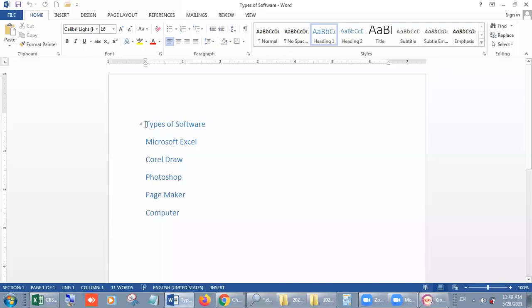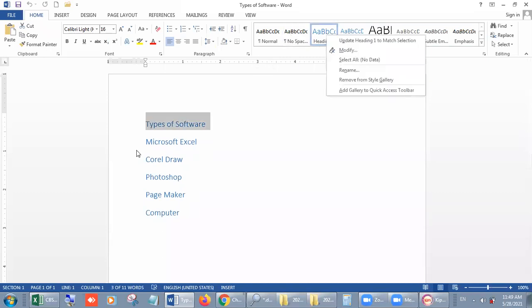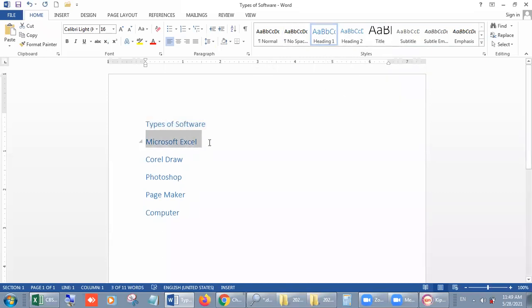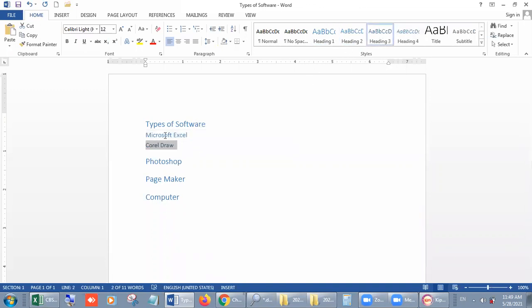Let's do it. Select first, and this is heading 1. Okay. Now second, this is heading 2. Now third, heading 3. This one, heading 4, like this.